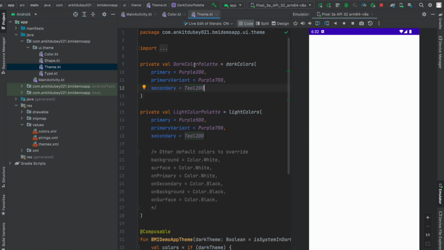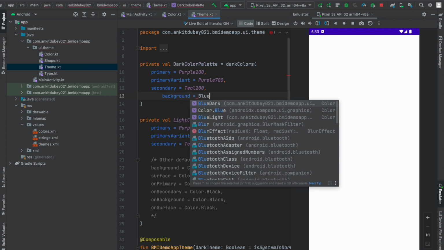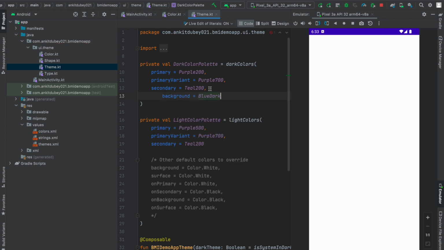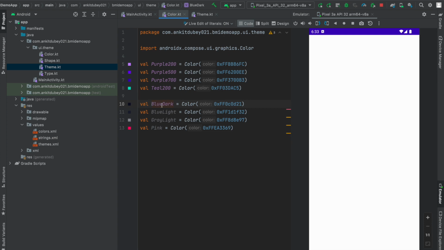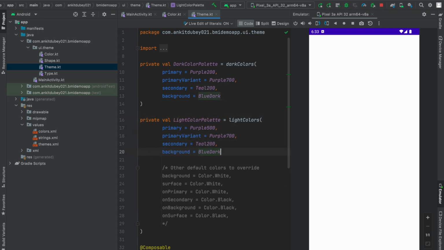For this, just open this Theme.kt file. You can see we have this dark color palette and light color palette for both dark mode and light mode of the application. In both these palettes, we need to mention one more attribute called background and assign this as our blue dark color, which we recently added. The same attribute we also need in this light color palette. If I run the code again,